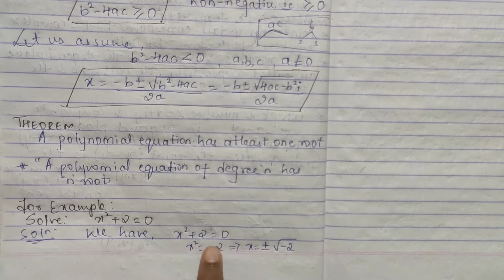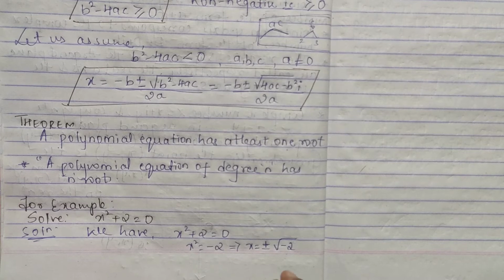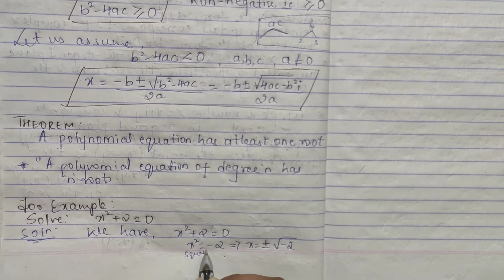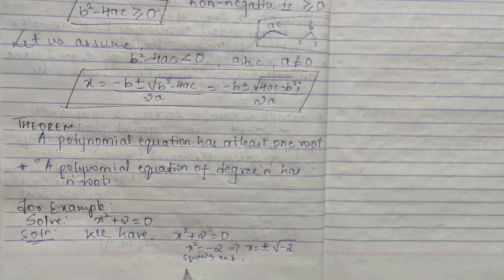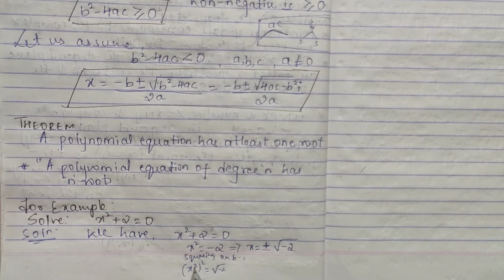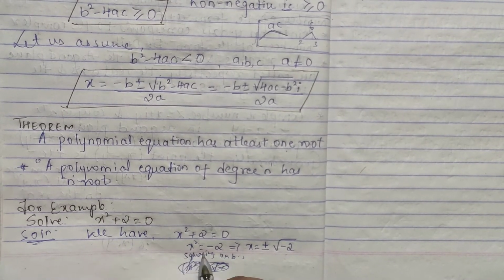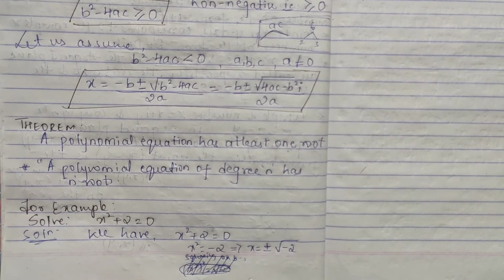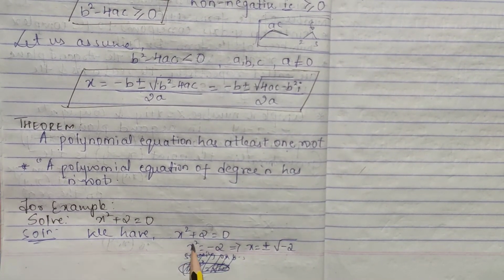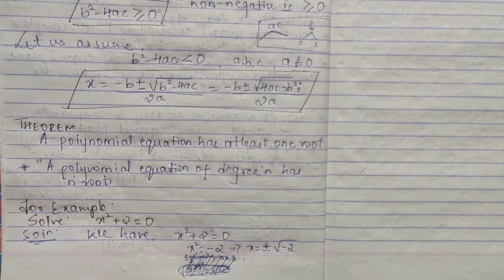When you take the square to the other side, it goes to the root. Or else, how it comes as root, I have told you, is by squaring on both sides. If you do squaring on both sides, you get x square whole square, and this will be root of minus 2 whole square, and here you get minus 2. Like this also you can do squaring, but this is very easy, you understand it. When you have a square and you are finding just the x value, this becomes the root, that's it. Remember like that, don't go to write all this again.